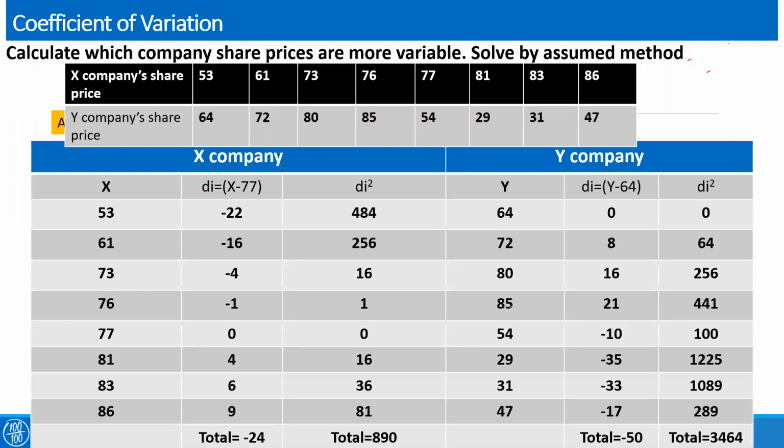So if you add all these values together and then divide by the number of observations, here there are 1, 2, 3, 4, 8 observations. The total value divided by the number of observations, 8, gives us the mean. But there is a fair possibility that the mean will come in decimal. In case the mean is coming in decimal, definitely it will be a cumbersome job for calculating the values. That's why we are using the assumed mean method.